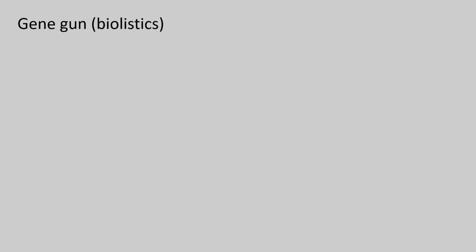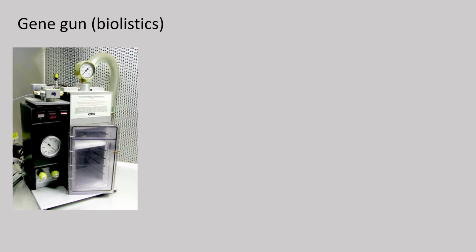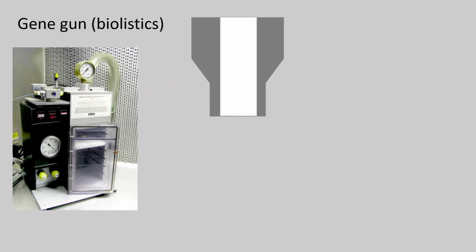Gene gun or biolistic insertion is exactly what it sounds like. Cells are being shot at. But instead of bullets, the projectiles are microscopic beads of gold or tungsten to which many DNA constructs are attached. The gene gun is quite massive equipment. The tube on the top is attached to a bottle of helium, a gas that will be sent through it